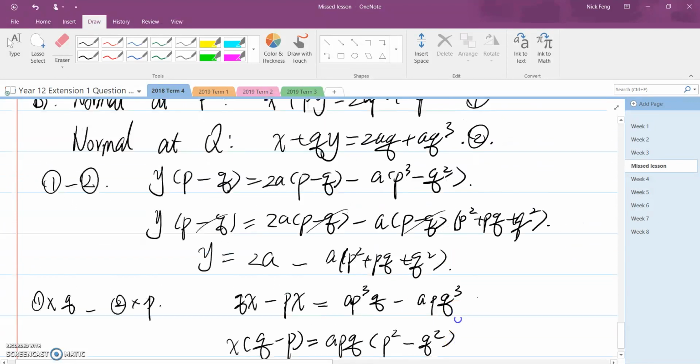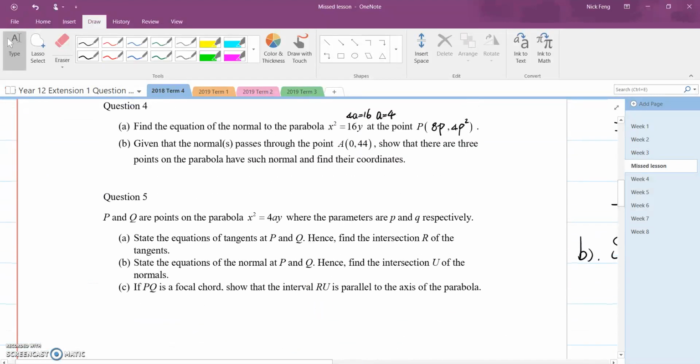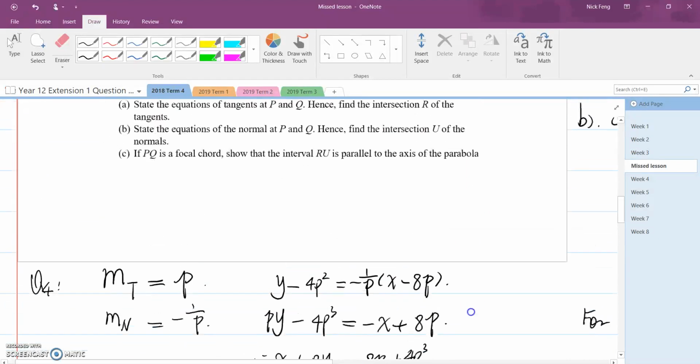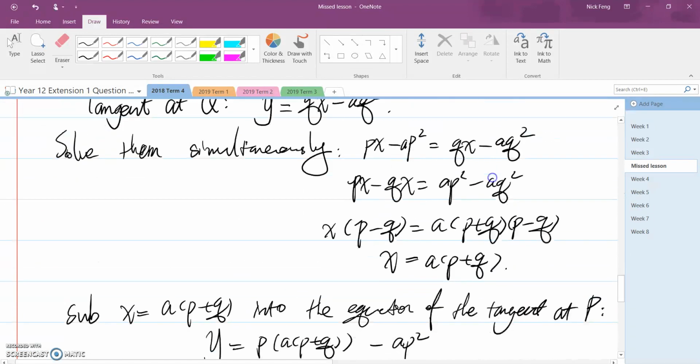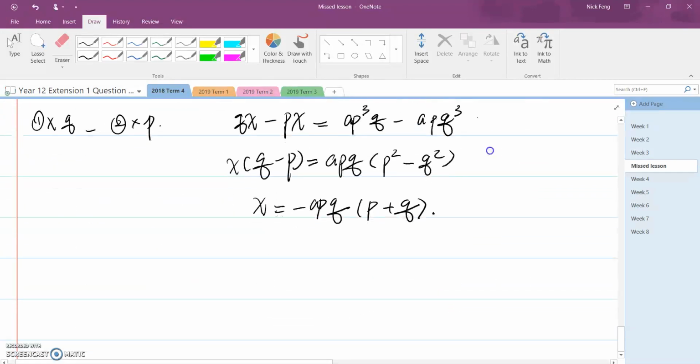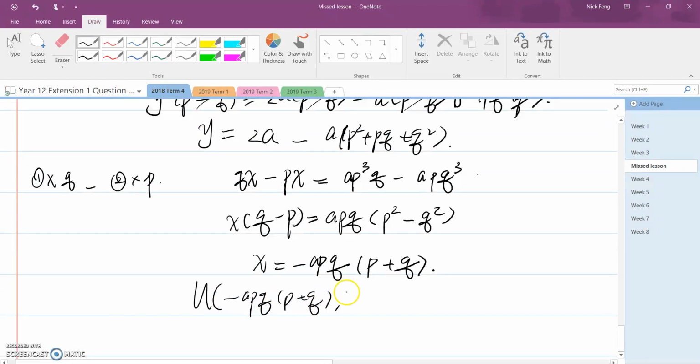So therefore, what is the intersection of the normals for the question, stated as U? So U is (negative apq(p plus q), and then y is